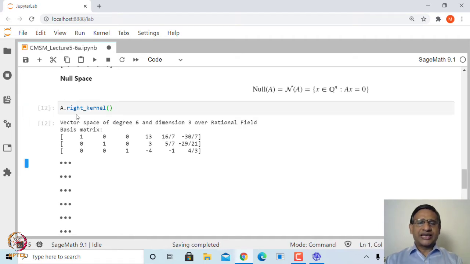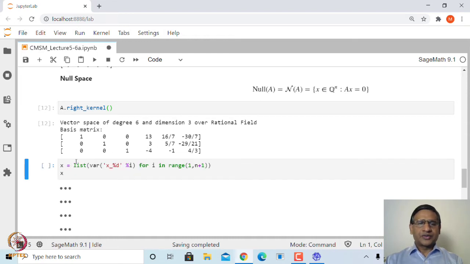If you look at this A.right_kernel, it is a subspace of dimension 3 and degree 6, that means it is a subspace of Q^6, and it has 3 basis vectors. So, it is of dimension 3. That is how you can find the null space of A using an inbuilt method in SageMath.